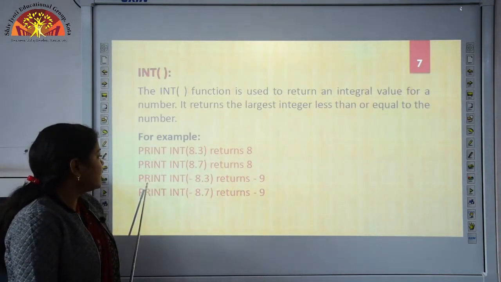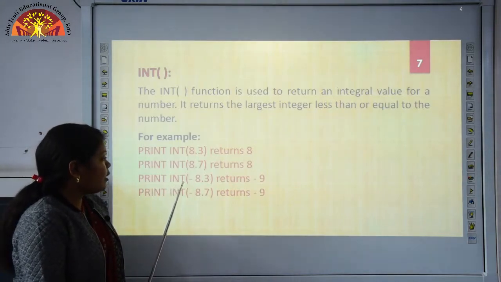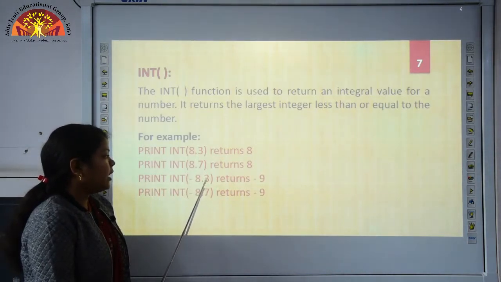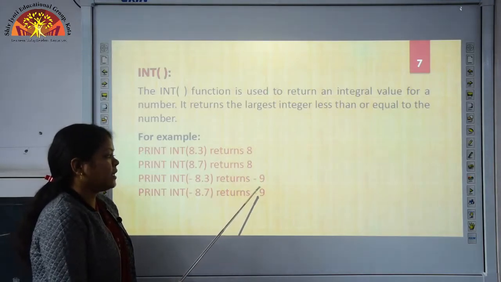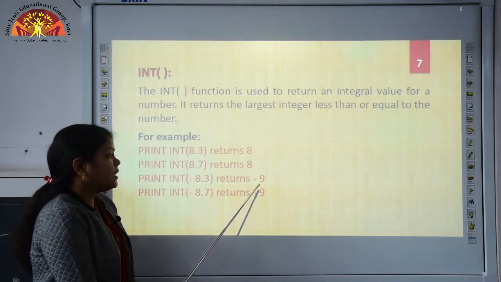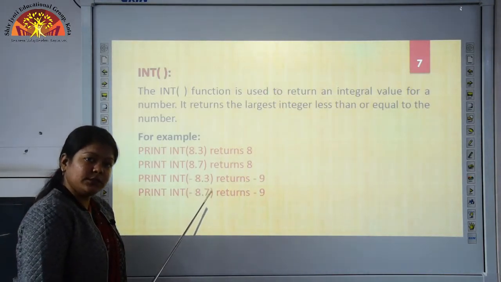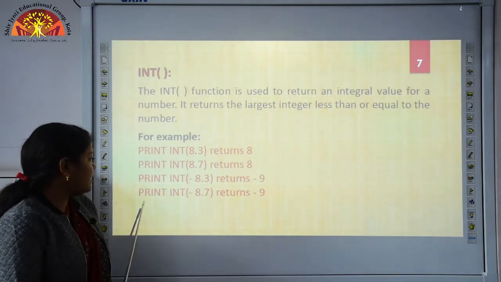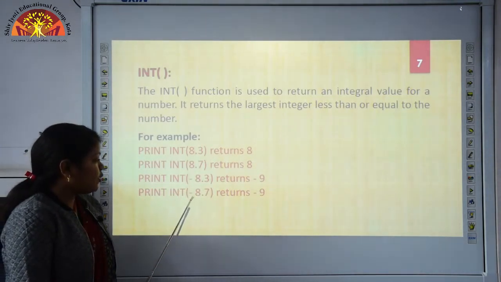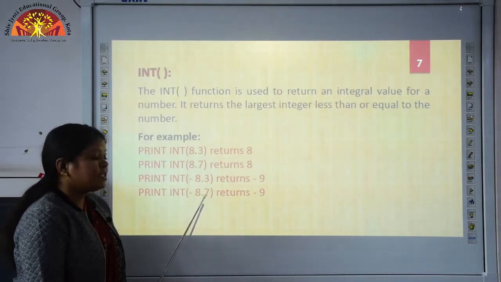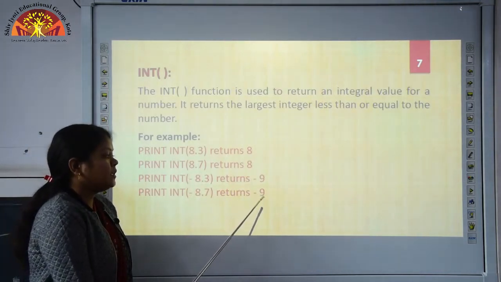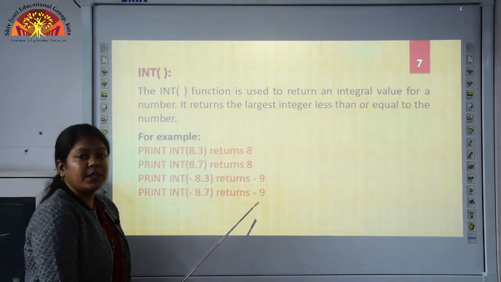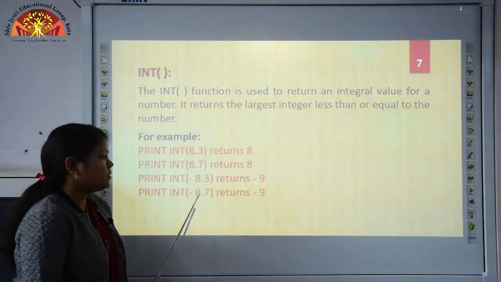In the third statement I have written PRINT INT(-8.3), and this statement will return -9 because integer -9 is less than -8.3. In the last statement I have written PRINT INT(-8.7), and this statement will return -9 because -9 is less than -8.7.